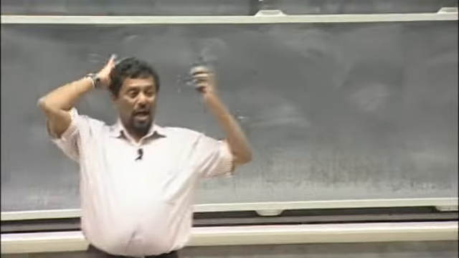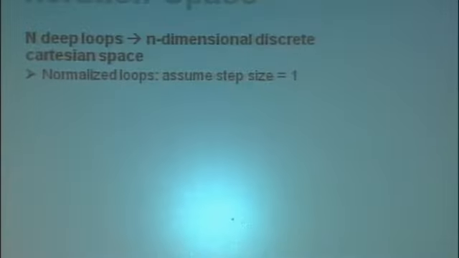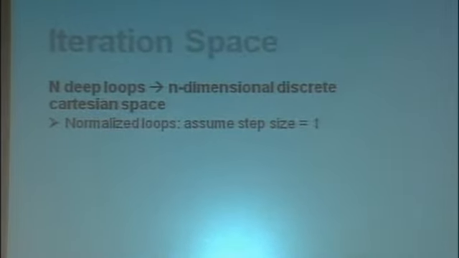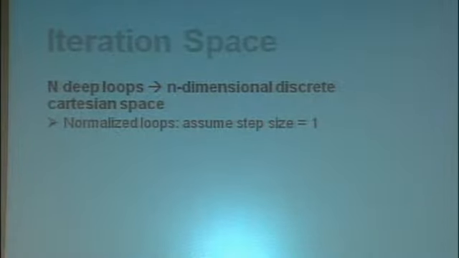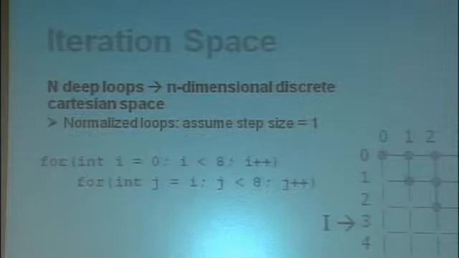So now I want to switch a little bit into looking at programs that don't have what we call data parallelism. That means you can't just say, oh, embarrassingly parallel, so everybody get a different chunk and run. We are going to go a little bit deeper into looking at programs that are a little bit different. So I want to come up with a little bit of representation to represent the program. And so if you think about iteration space,